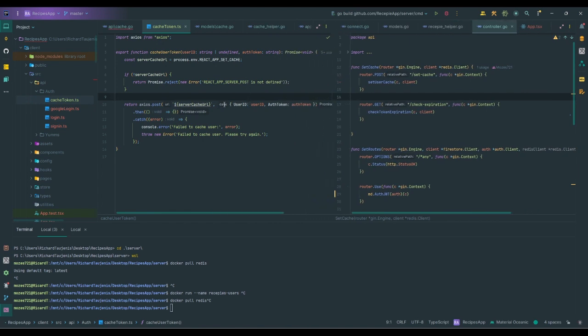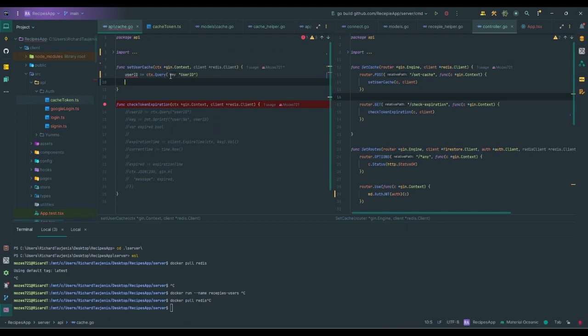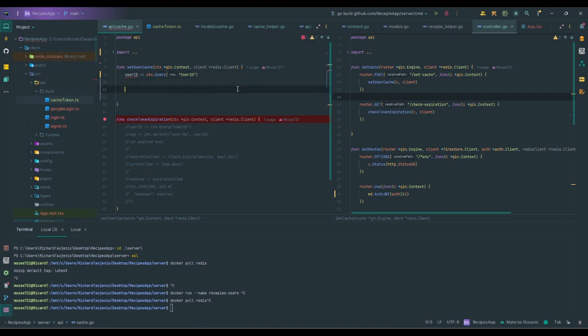So here basically as data I pass in, this is cache token. Yeah, this is cache token. So I have set cache, data I pass in user ID and auth token as two basic data. So API cache data. Now I have to create a function auth token there